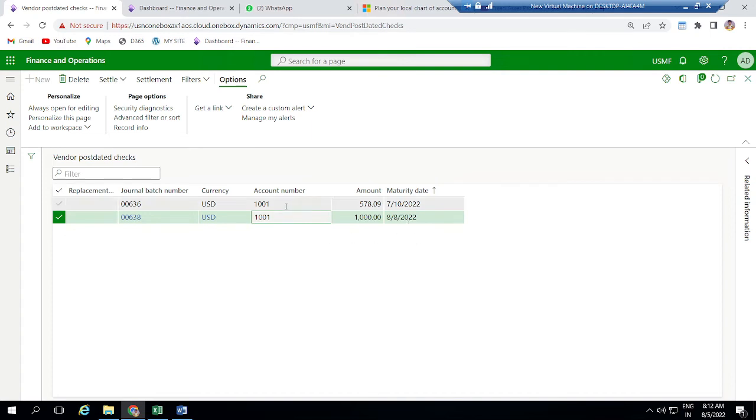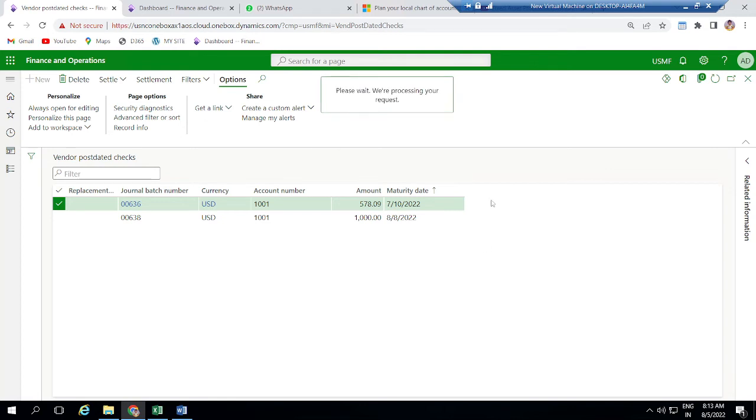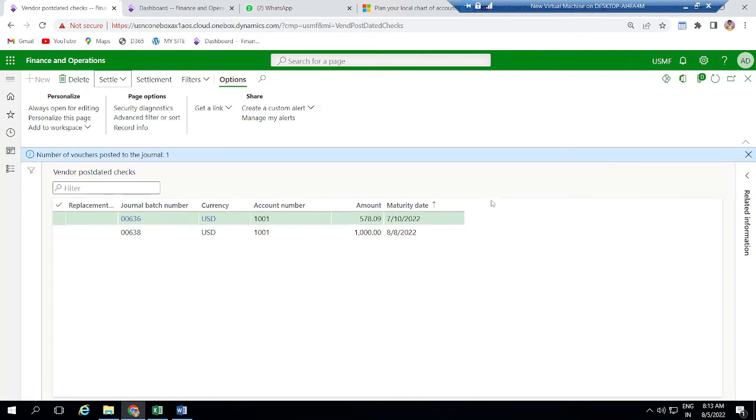So I'll show this one which is already posted in my system, and the maturity date is 7/10/2022. 7/10 in the sense, I believe it's July 10th. Let's try to clear. See, it's cleared and posted one journal. If you want to check the settlement,